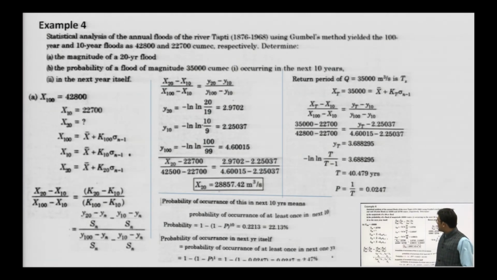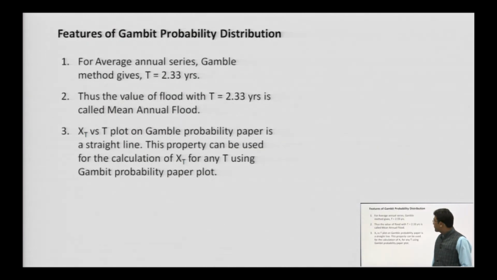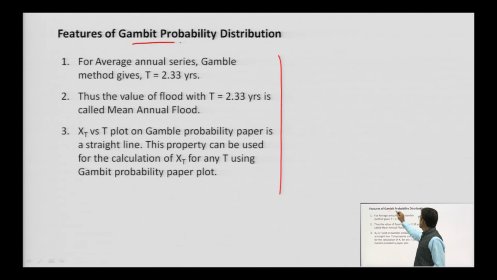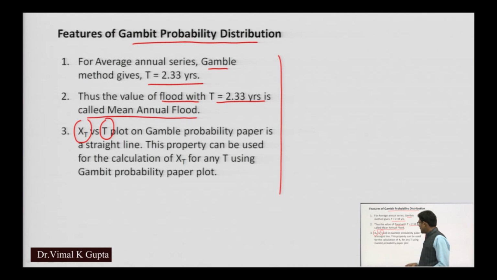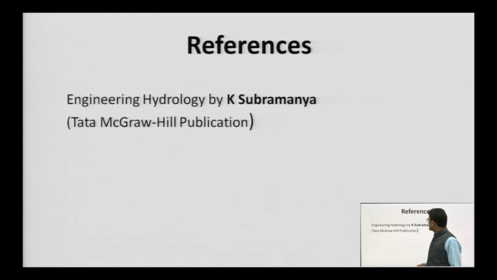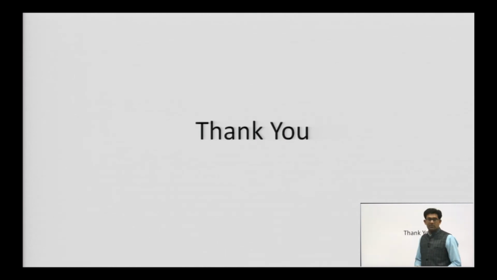do the remaining part of the frequency distribution curve. And these are the important features of Gumbel's probability distribution. For the average annual series, Gumbel's method gives this value. Therefore, the value of flood with this return interval represents the mean annual flood, and if we plot xT versus T, then we get a linear plot, and that is why we can calculate the value of xT. So, these are the features, reference book, and thank you very much for